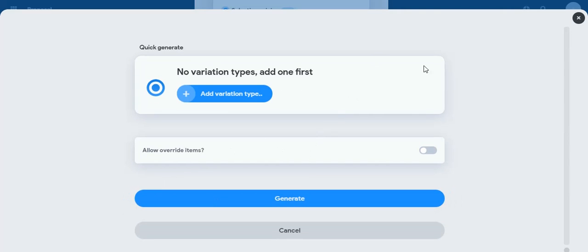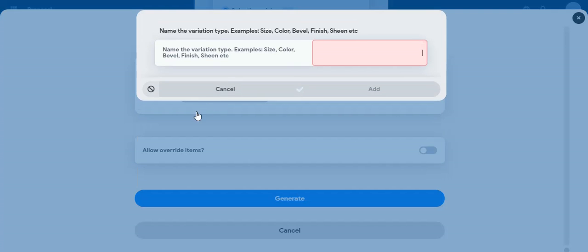And the first thing it's going to take us to is this page that's basically asking us, first of all, to name our variation types. So basically what it's saying is what different factors are we going to have selections for that will vary the price. So in the case of our siding, we said